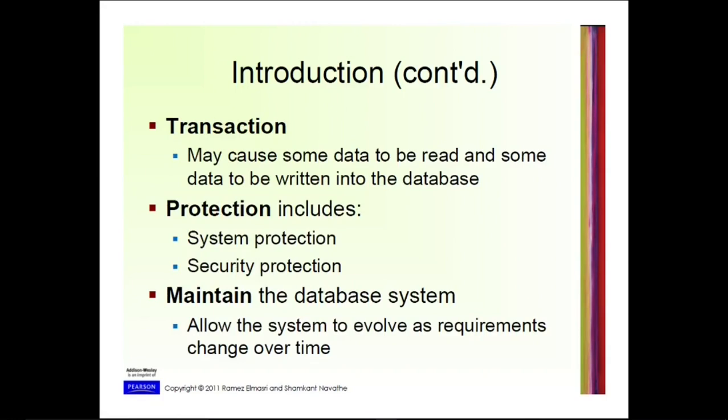And then we have the transaction process, which is also an action that happens in the database. Transactions may cause some data to be read and some data to be written into the database. We have already seen the scenarios of transactions, like sometimes what happens in between a transaction, a disaster can happen. For that we have different techniques to avoid it. We have seen that we can commit and we can roll back.